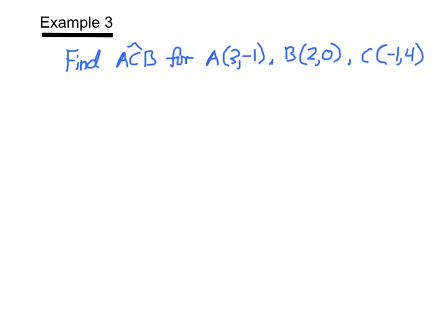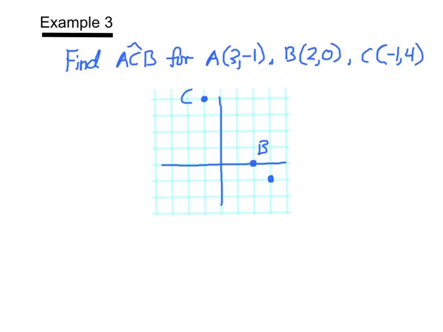In this example problem, we're asked to find the measure of angle ACB for the 3 points given. So the first thing that we should do is plot these points. And we can quickly see that this is going to be a really small angle because my two vectors, my vector CB and my vector CA, are pointed in a very similar direction here. So let's find the components for these two vectors. So we have vector CA,